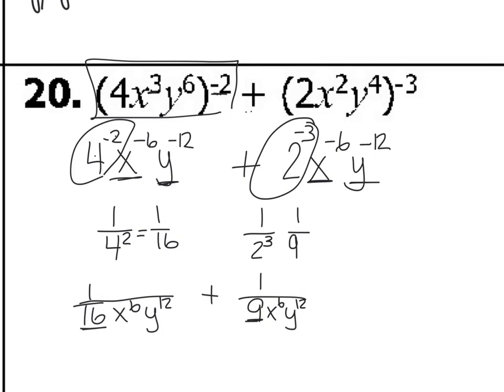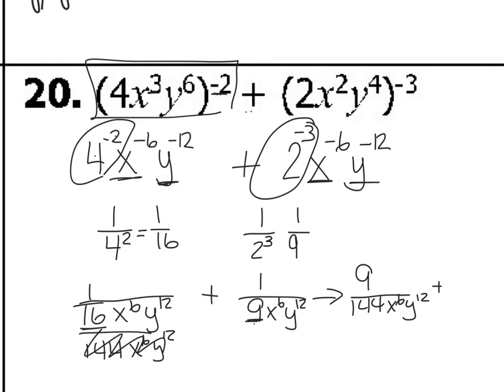All right, common denominator is 9 and 16. Okay, well, 9 times 16 would be 144. x^6 y^12, and we had to multiply that. I run out of room here. Let's carry this over here. This would be 9 over 144 x^6 y^12